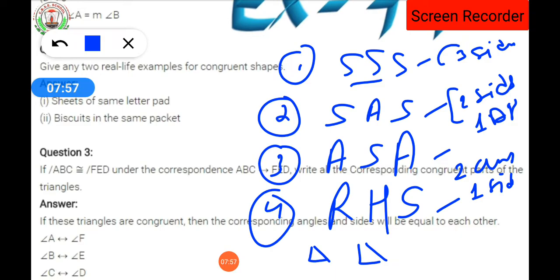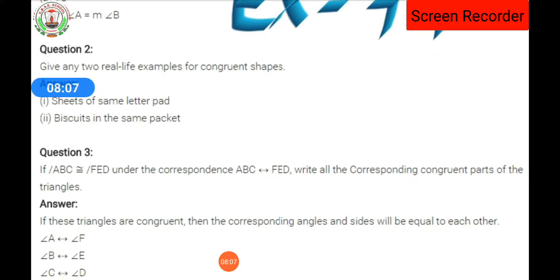So these 4 criteria, as a definition and an important property, we are going to study over here. Then we are going to move towards the exercise questions. Clear everyone? So listen one by one what the criteria says as a definition. Definitions I had already given you while teaching these lessons on the board, isn't it? So in the videos you can see where I had shown you live.